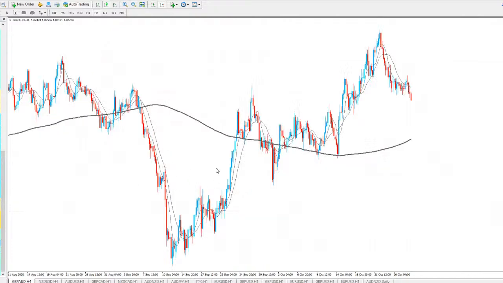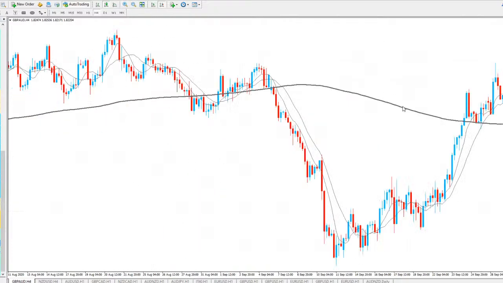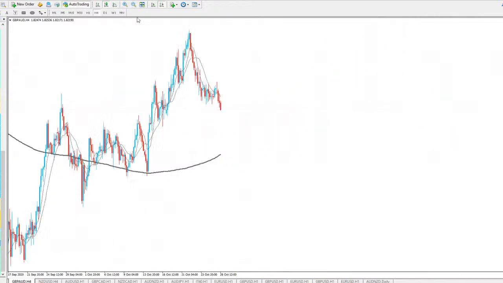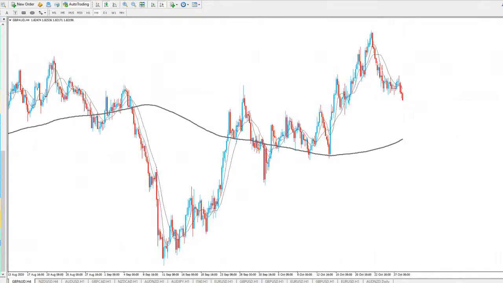GBP AUD, this one again starting to look bearish as well. For this one we had an uptrend going through the market, as you can see with the trend line here. Initial test there and a second test there, so it could be looking for a third test, and that could potentially be happening. So if price wants to break through this trend line again, we could be seeing a longer